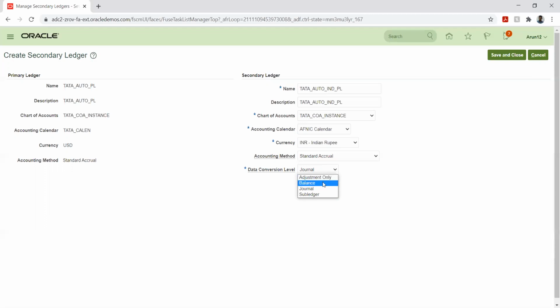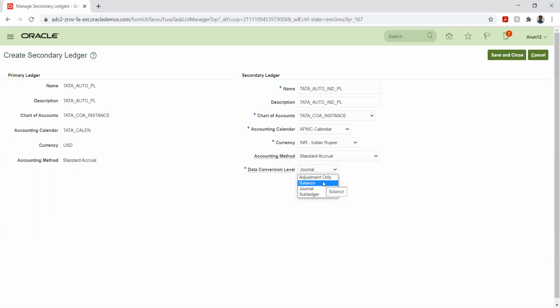In case of balance, what will happen is that let's say I make 10 transactions, each amounting to 10,000. So 1 lakh is the amount. I will see the balance for this particular account, 1000, as 1 lakh. But I'll not be able to drill down to the different ledgers or the journals.